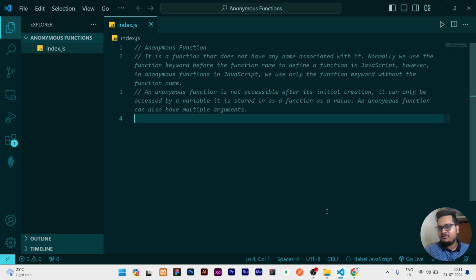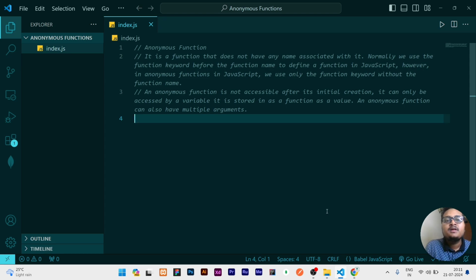So let's understand the definition. What is an anonymous function? An anonymous function is a kind of function which does not have a name. When we write a function, we have to write the function as well as the name, then we mention the parameters, then we write the function code. But in the case of an anonymous function, it is completely different. We write everything except the name of the function. So that's why it is known as anonymous, because the name is unknown to the user or the coder who